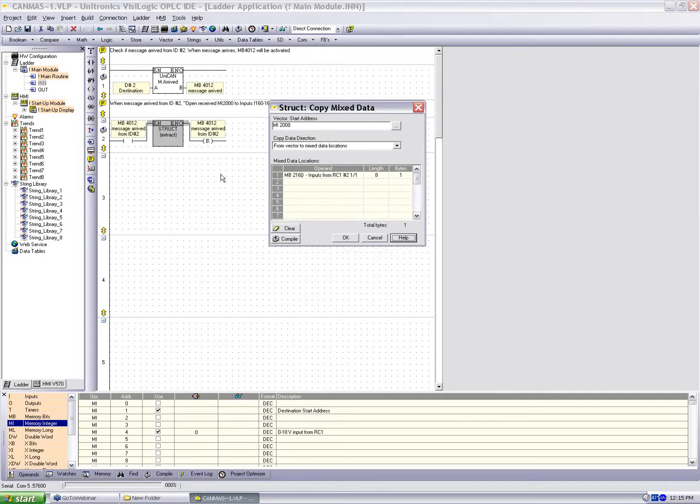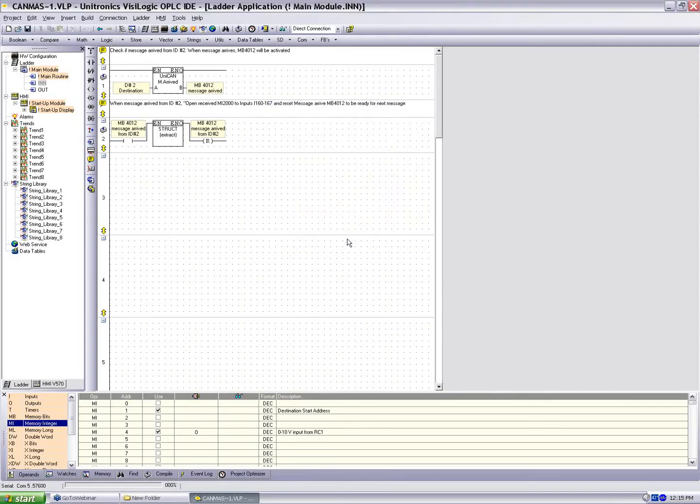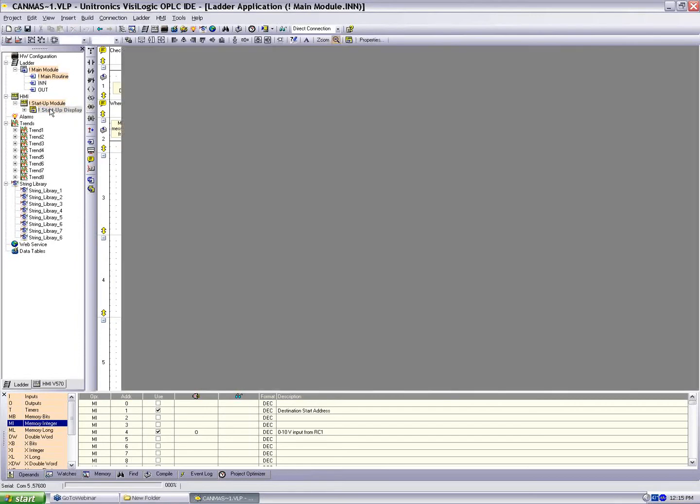We're going to take the information from the previous inputs, and it's going to send it again to 2008. When it's received, we're going to store this into 2160. And this is the inputs that are displayed on the HMI. And the other piece of information, MI4, if we look at the HMI,